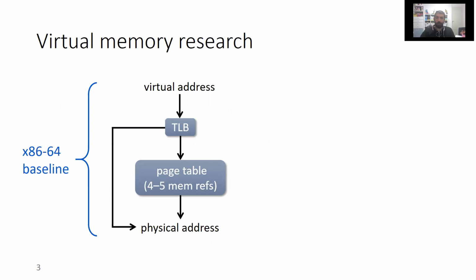As we all know, for every memory access, 64-bit x86 processors must translate a virtual address to the corresponding physical address. The CPU first searches the TLB, which caches recent translations. If the TLB misses, then the CPU must walk the page table hierarchy, which incurs several additional memory accesses. This address translation overhead might account for up to 83% of the execution time for memory-intensive workloads.